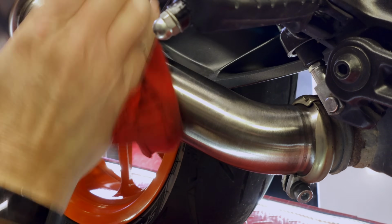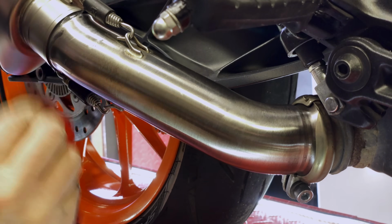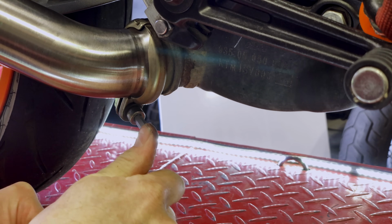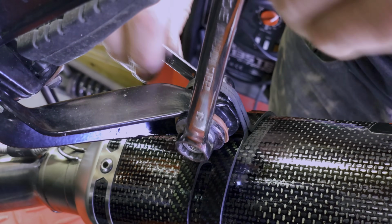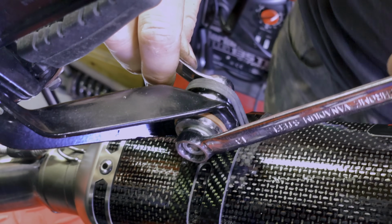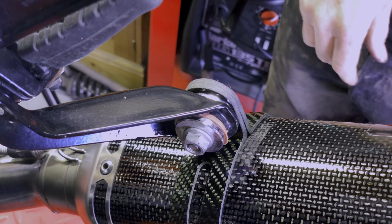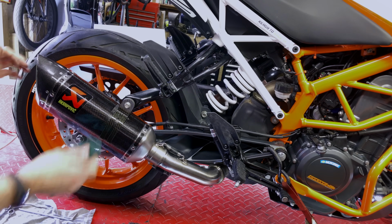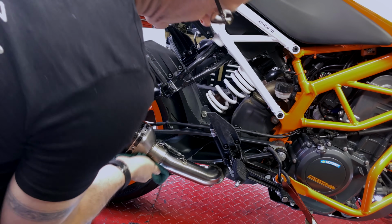Now I'm getting gasket sealer everywhere, so I'll clean that up in a minute. First things first, let's tighten these down. Don't over tighten it. Again, not over tight. You can always come back and check it afterwards. So that is a much longer end can than what I had before. I did actually quite like the stubby look, but now it's in place, what I'll do is just go around